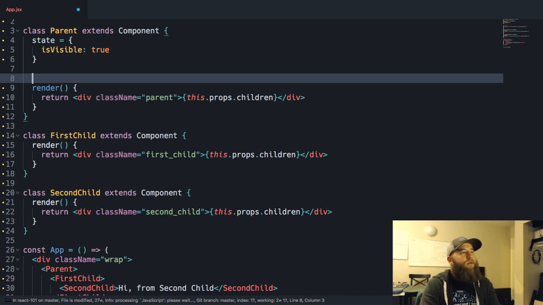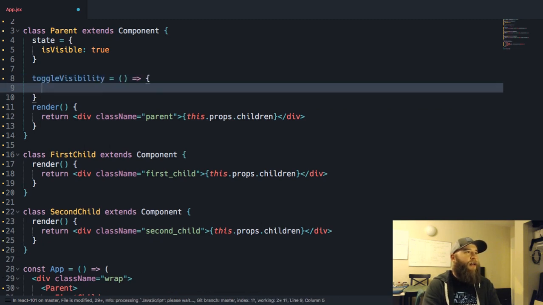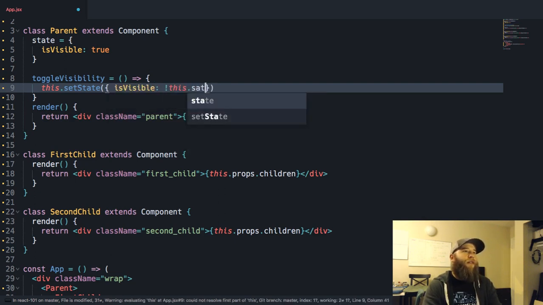Okay, and we will have a function that can toggle visibility. And when it's fired, we're going to set state of isVisible to the opposite. So we'll just do isVisible is this.state.